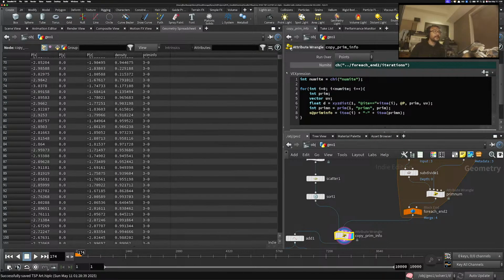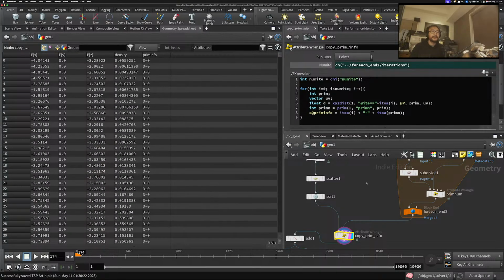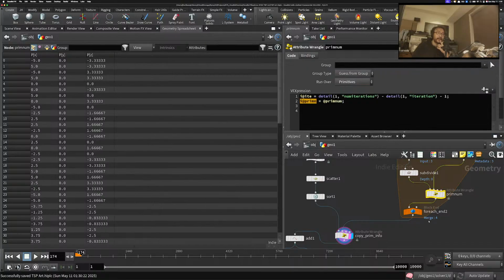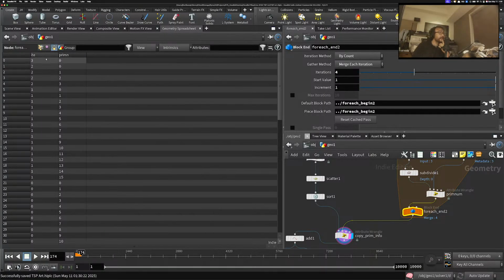And hopefully this will give you the information. Still not. Maybe I'm doing something wrong here. So looking at the primitive number, I do have iterations, prim m, prim n. Yeah,